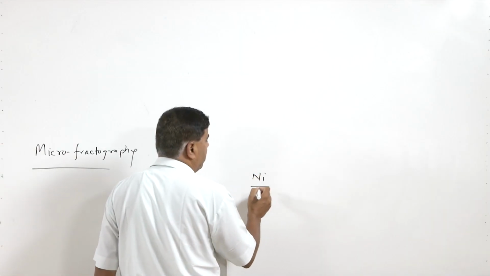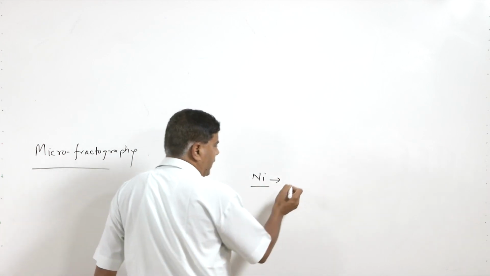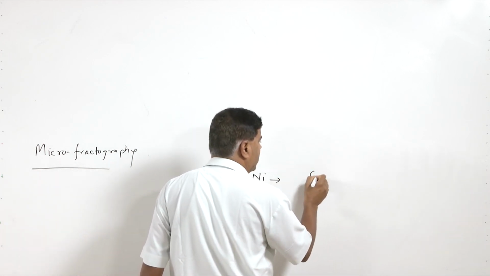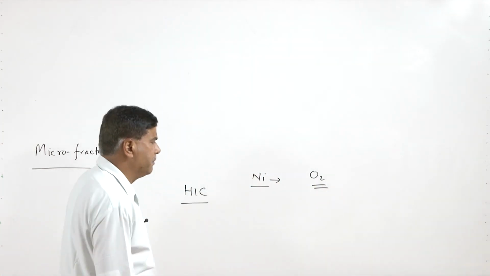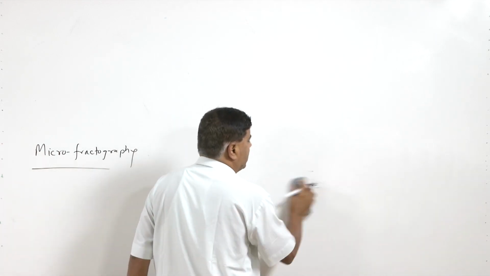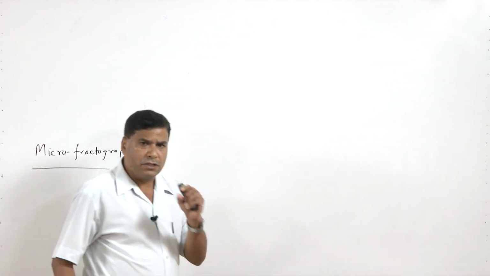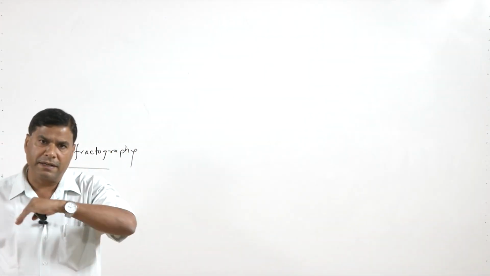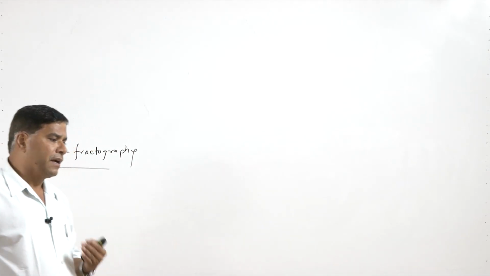like in super alloys such as Inconel, the presence of oxygen at the grain boundaries can lead to embrittlement. So, hydrogen in the case of steels, oxygen in the case of nickel alloys, and likewise the presence of certain specific elements at the grain boundary due to unfavorable manufacturing conditions can lead to